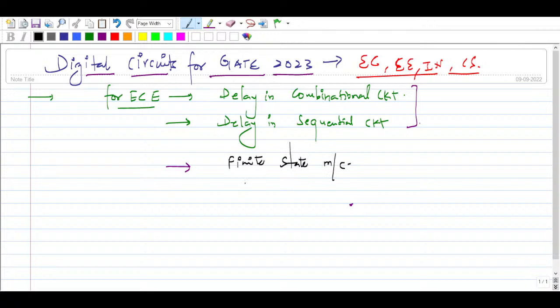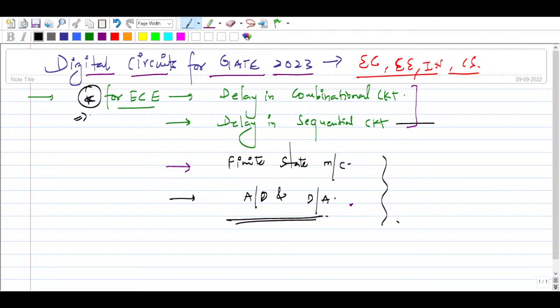It is also an important topic which most people ignore. They always discuss logic gates and all those very basic things. Also A to D and D to A converters are a very important topic. So these are the key topics from where you can expect questions. And in combinational circuits, definitely mux and all. But we shall start from the very basics.